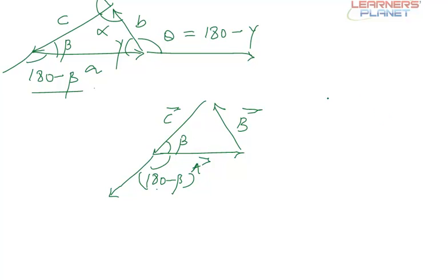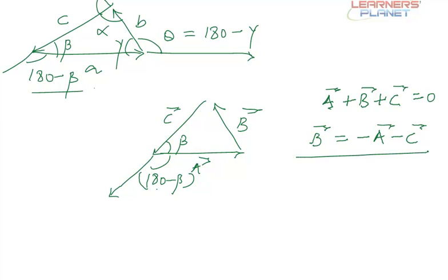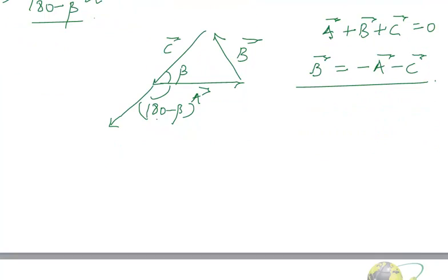Now we know that for a triangle A plus B plus C is equal to 0, so B is equal to minus A minus C. Now we will take the self product of the vectors, that is B dot B, which is equal to (minus A minus C) dot product with